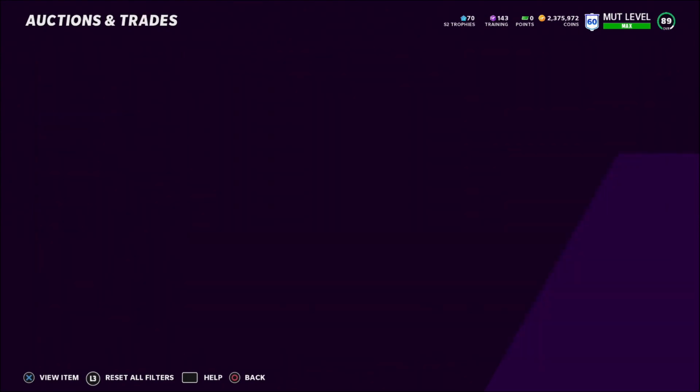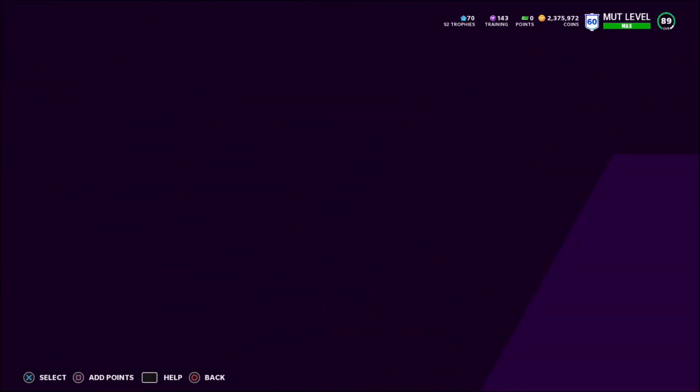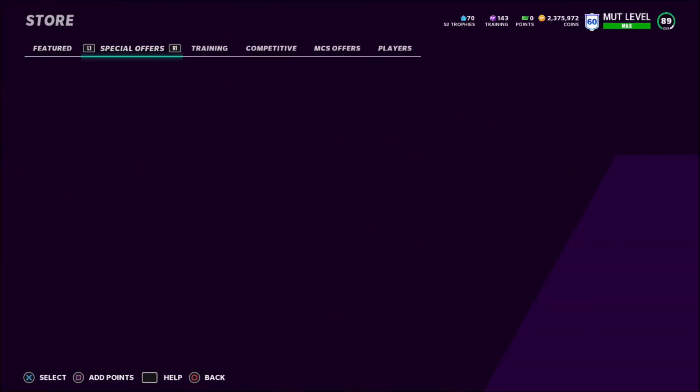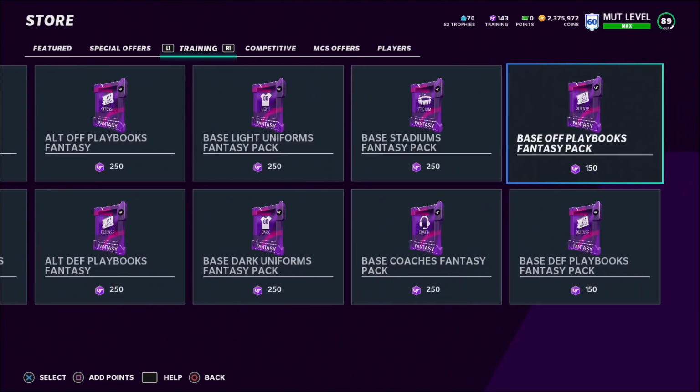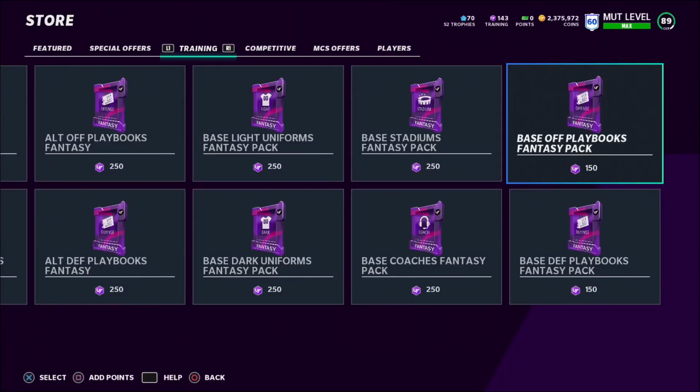coins. So once we find an expensive playbook, then we go to browse the store and we buy that specific playbook. So unfortunately, I'm apparently 7 training short, but then what I would do is I would go into training and I would buy the base offense. Make sure you guys pay attention whether it's offense or defense. I've made that mistake before. So then I would buy the base off playbook, pick the Cardinals playbook, and try to sell it for about